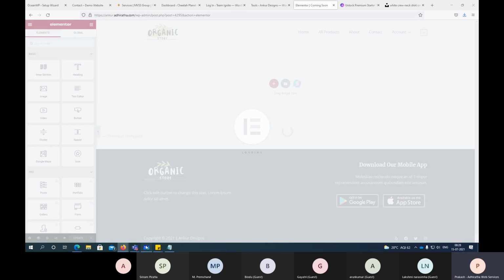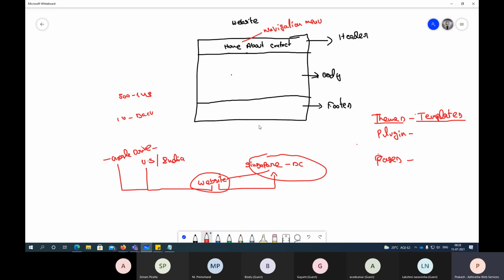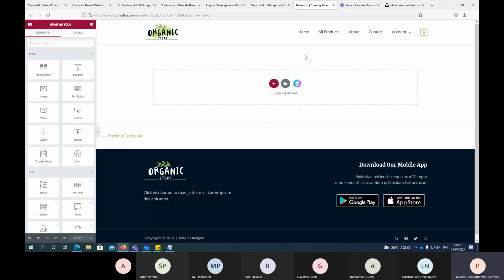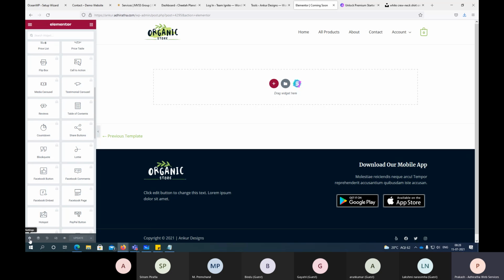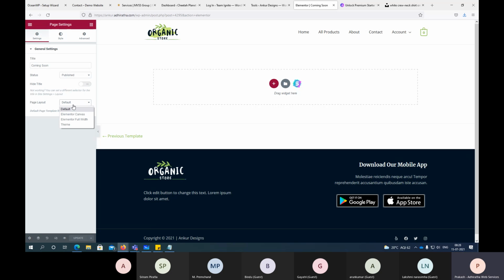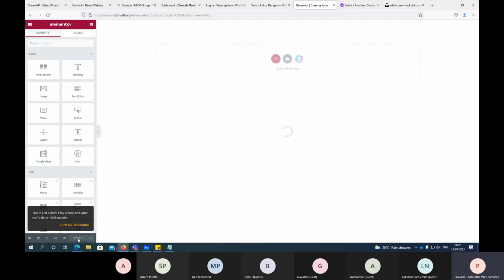Now, earlier we talked about the page header and footer. For coming soon, we don't need that. But when you create any page, you get this header and footer by default. For this page, I don't want to showcase all that because my footer is also not ready, my logo is not ready. So what I can do is go to the settings here in the page layout. Default is there, and I can change it to something called canvas. Updated. Now it becomes a plain page. There's no header, no footer, no additional extra anything there. It is done.